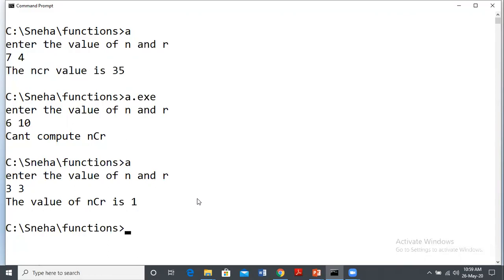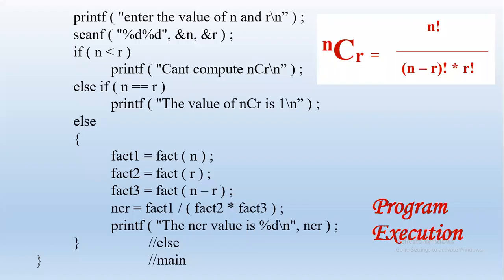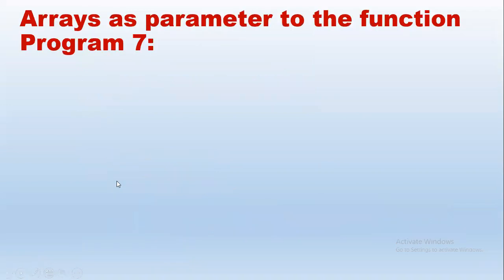So here we can see that the length of the code reduces drastically, right? So a lot of code is reduced to just 3 lines. So this is problem 6. So till here we have passed integers. We may pass similarly floating point or any other data type. Similarly, we can have the return type given. Let us see another variation where we pass arrays as parameter to the function.